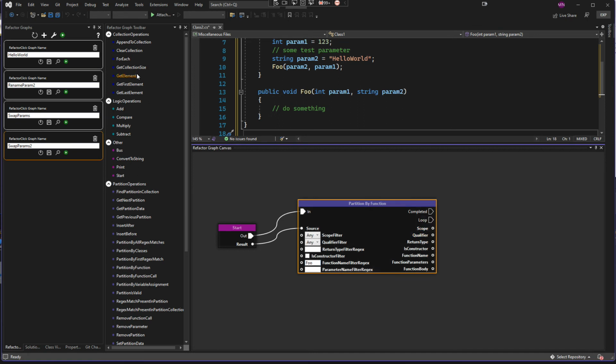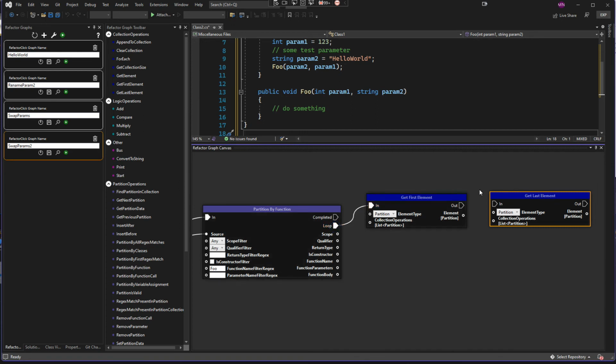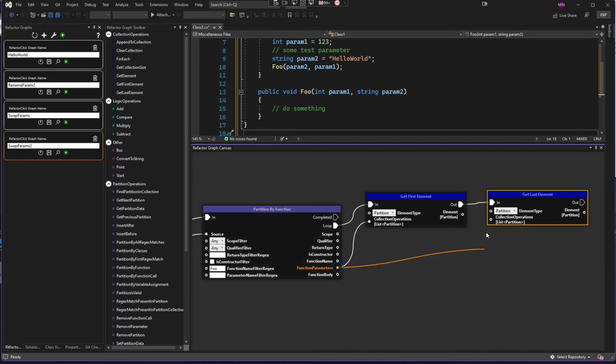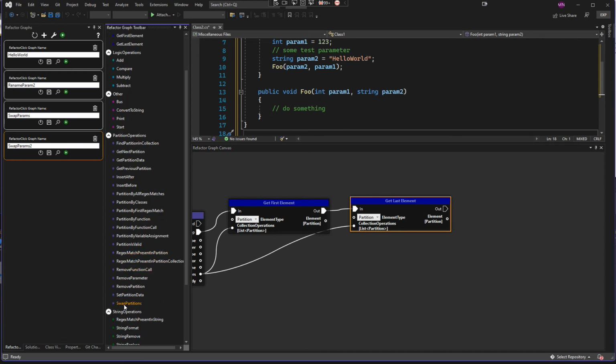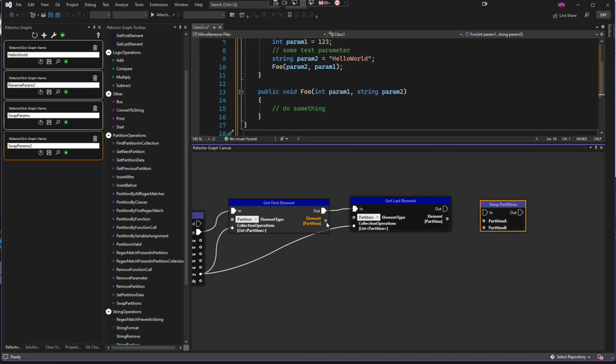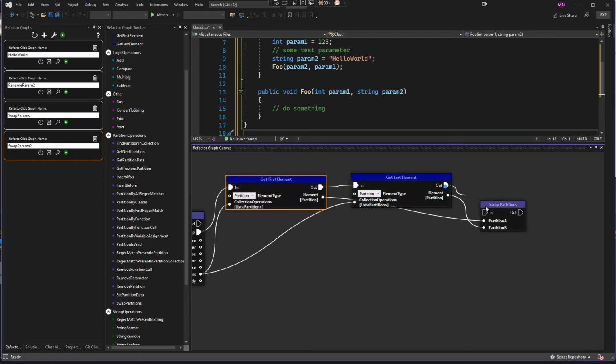and this time we are going to use get first element and get last element to get our parameters. Again, we can connect the loop port because we are going to modify every parameter occurrence, every occurrence of the partition. And we're going to pass function parameters into the collection port for both of these collections. And finally, we are going to use the swap partitions node. Let's change this back. Okay, so now once I run this,